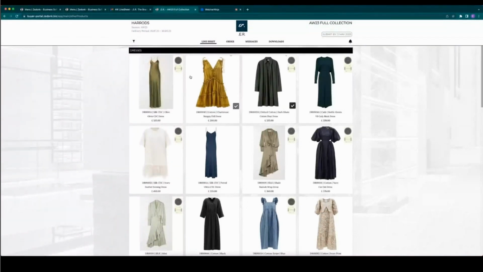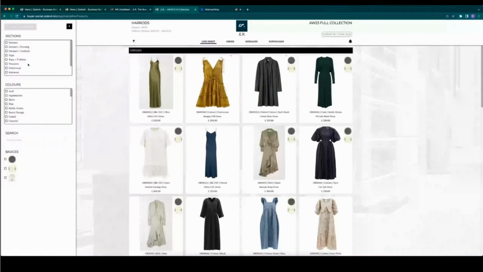So what we have here is all of my products, which I have categorized into their product category. Now, one thing to mention here is you have flexibility on how you coin these categories. They don't have to be linked to your categories in your product settings. These are entirely independent in the digital showroom, meaning that if you decide not to go down the product category route and perhaps you want to define them by drops or specific delivery windows or capsule collections, it's entirely how you want to do it.